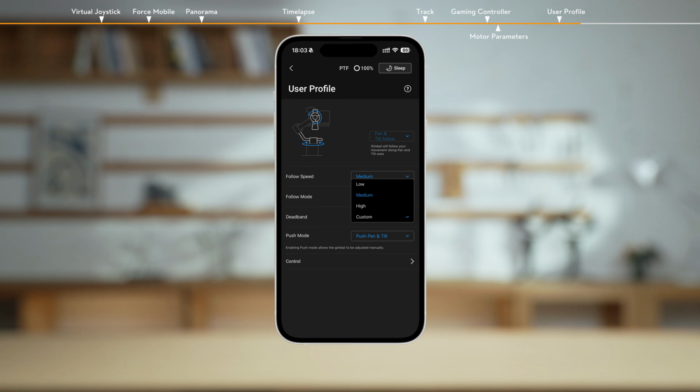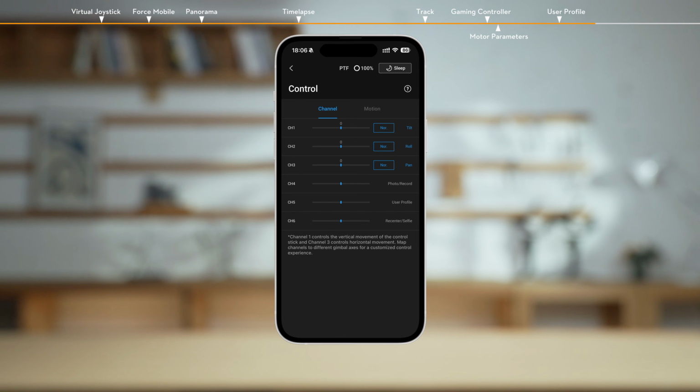Deadband determines how much movement the gimbal tolerates prior to translating the pan, tilt, and roll movement of the camera. Control settings. Channels. The channel indicator provides feedback when configuring remote operation. Pan, tilt, and roll channels can be reassigned, and each axis can also be inverted. Normal means the direction of movement is the same as the joystick. Inverted means the direction of movement is the opposite of the joystick. You can customize channel mapping by tapping on the name of the axis on the right of the screen.